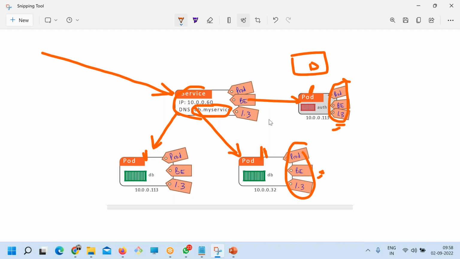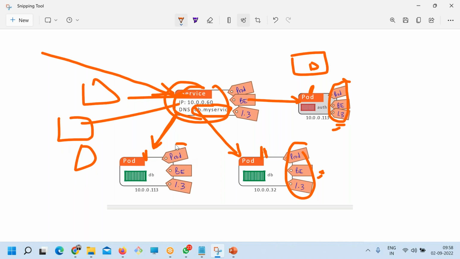So the service will load balance only those pods. See, there are more pods here, but this service will not balance this pod. Why? Because the label has to match. If it's not matching, then it will not load balance. But here in this case, I labeled the auth also with the same label. So now the service will load balance it, but it's a wrong labeling, right? Make sense, all of you? Understood?